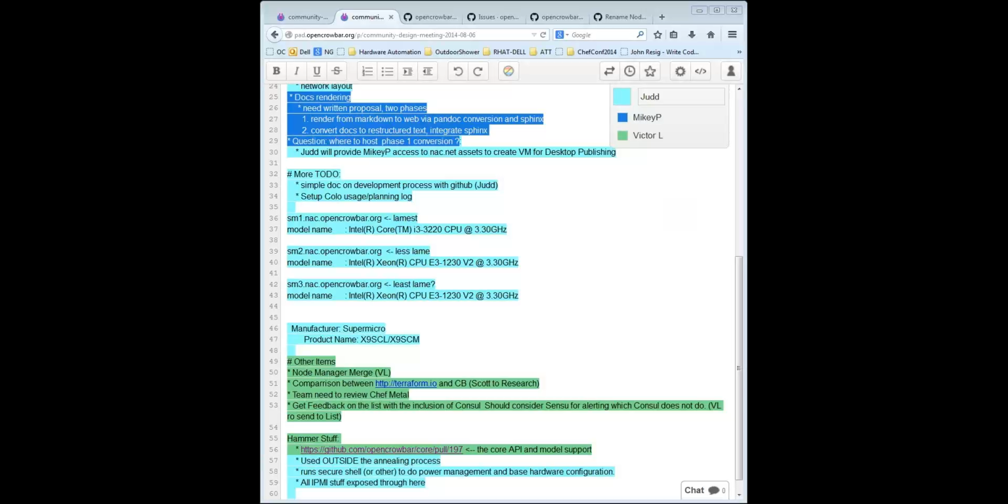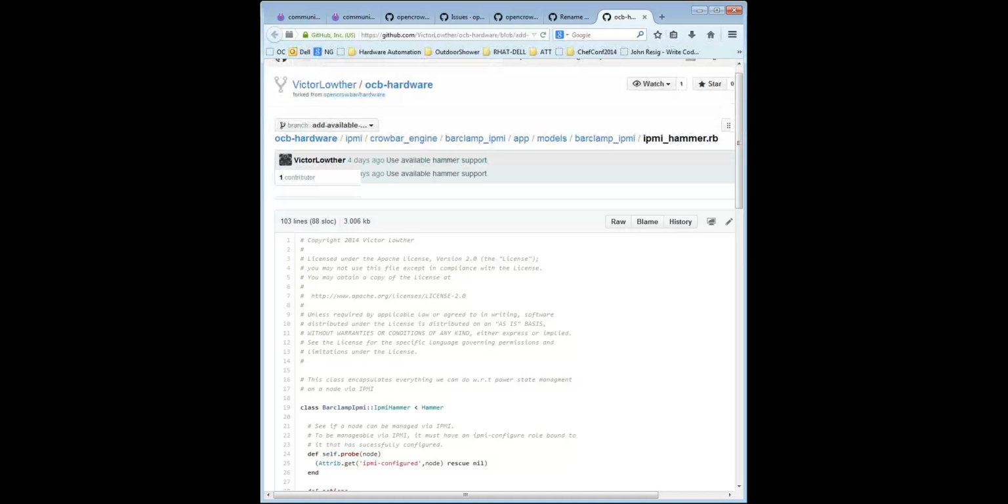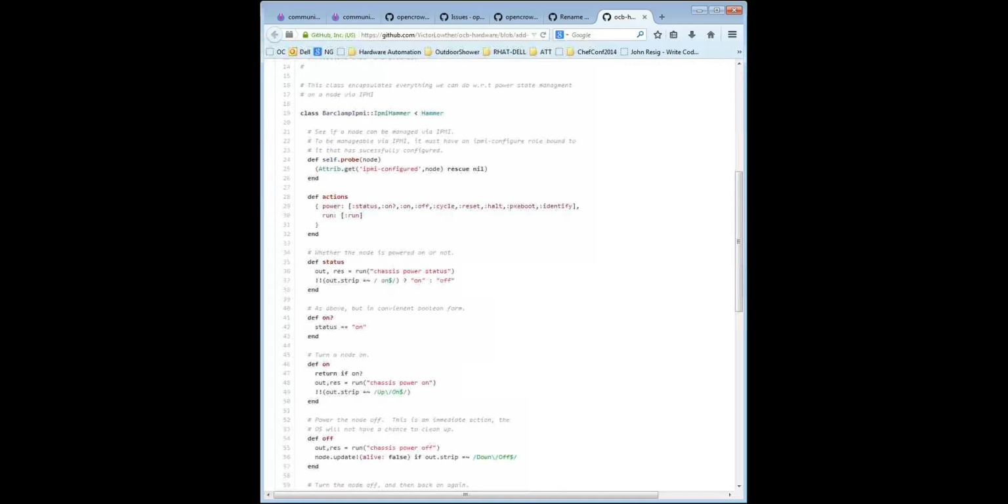So I went ahead and threw a link in the chat to the IPMI hammer, so you can just take a look at it and see, for instance, what it does. If you scroll down a little bit, if you look at the actions method, that exposes pretty much the set of methods that are exposed via the Hammer API.